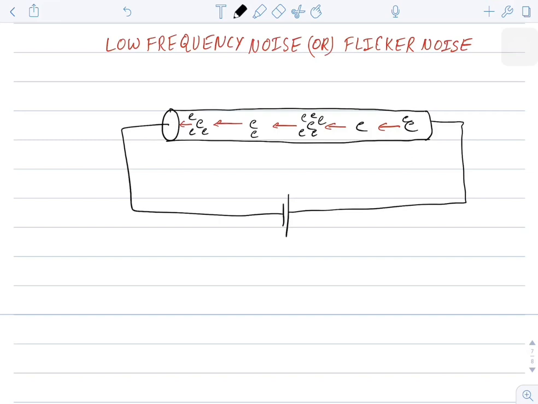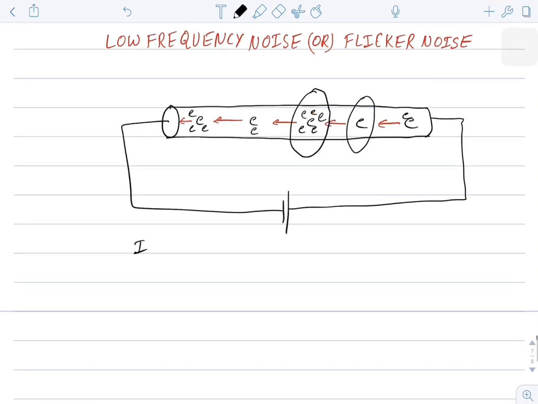That means the conductivity offered by this conductor is not uniform throughout the length. And you know that as the charge carriers are more, the conductivity is more. Therefore, the conductivity at this point is more when compared to conductivity at this point. Even though the conducting wire is same, the conductivity offered by different parts of this conductor is different. If the conductivity is different, definitely the current flowing in this conductor is also different from one point to another point,